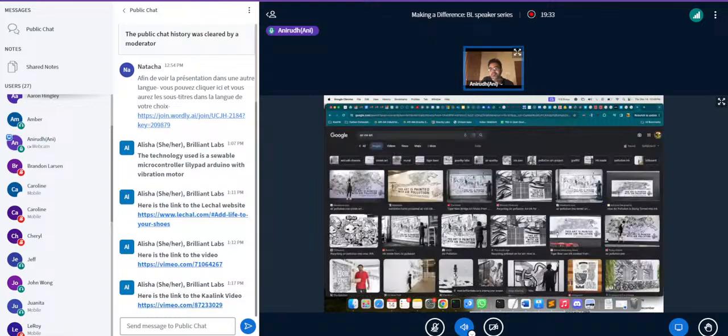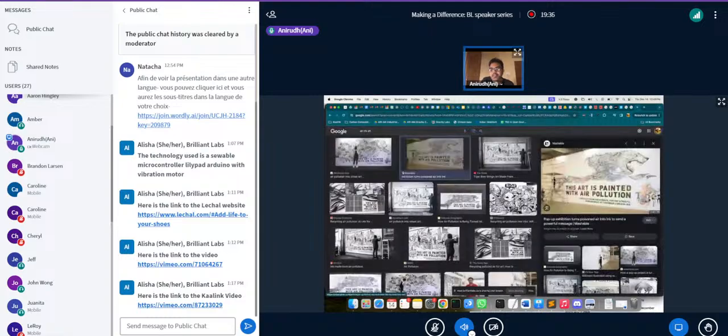Like this is a thing that was put up in London at the Piccadilly Circus. This art is painted by air pollution. All the black color is the color that we captured in Delhi skies. So we started getting into the business of selling pollution, upcycled and turned into product.